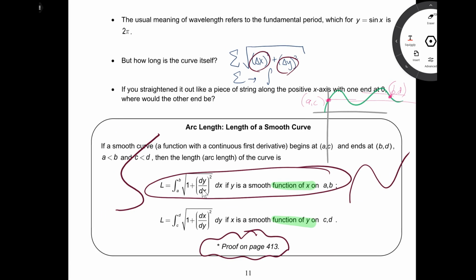So if the requirement for finding the length of a curve is that the function has a continuous first derivative, and that's what smoothness is, literally the first derivative you can find. It's differentiable, at least for the first derivative. So a function with a continuous first derivative is smooth, and then you can say its graph is a smooth curve. Alright, so backing up a second,